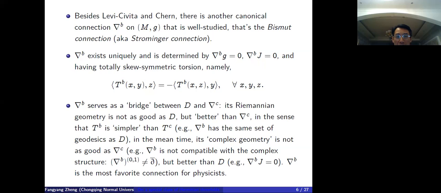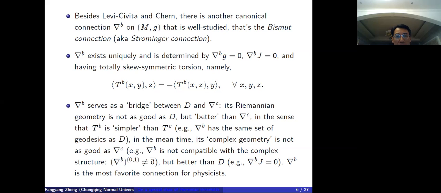For example, the geodesics are described by the geodesic equation, which only uses the symmetric part of the connection, right? So therefore, the Bismut connection and the Riemannian Levi-Civita connection share the same set of geodesics. So if you do this comparison geometry stuff, then in a way, it's certainly better than Chern. But on the other hand,